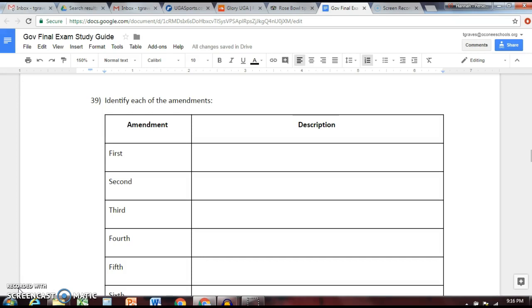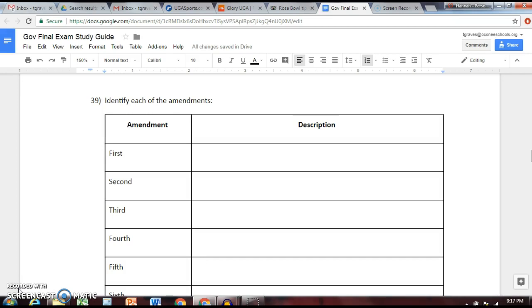This is more specific to what a fair trial actually means. So the Sixth Amendment gives you the right to a speedy and public trial. Also gives you the right to have a lawyer present to defend you. Number 7 gives you the choice to have a trial by jury if it's a civil case. Remember, civil cases are cases where there's no crime that's been committed, where it's typically a lawsuit, and if there's more than $20 in question, then you have the right to have a trial by jury. And let's be real, almost all civil cases are going to be worth more than $20.